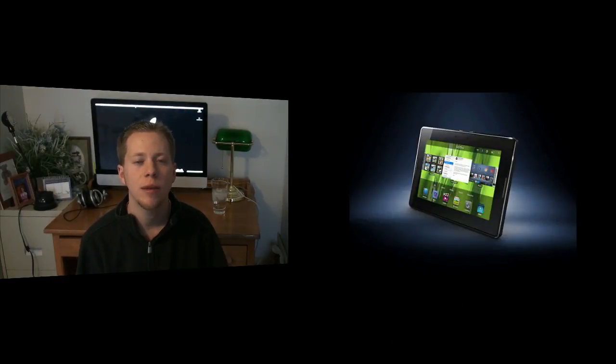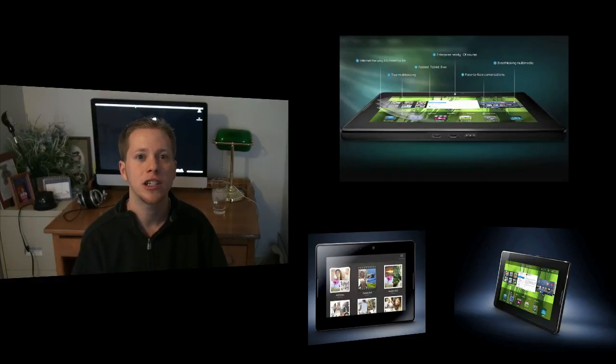The next product I want to talk about is the Blackberry Playbook. This was announced a while back by RIM, and this is their answer to Apple's iPad. Expected to ship sometime in 2011, not sure when. Pricing is undetermined at this point. And as far as the tech specs, it's going to have a 7-inch diagonal LCD display with 1024 by 600 WSVGA resolution. Going to come with 1 gig of RAM, a 1 gigahertz dual-core processor, Adobe Flash 10.1, a micro